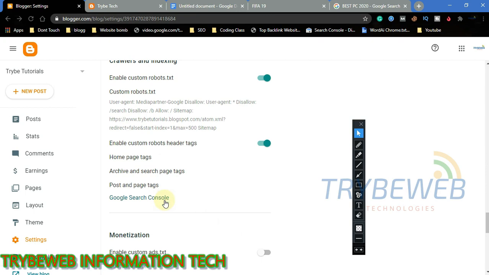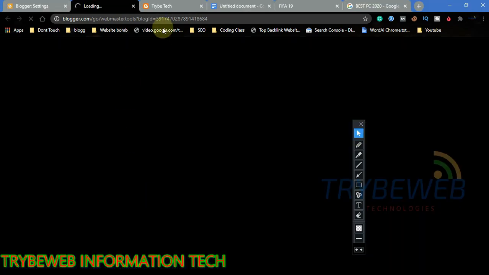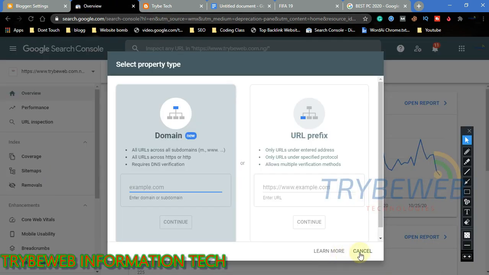Okay, so now going further, the next part is Google Search Console. You need to turn on, activate Google Search Console. So if you don't have a Google Search Console account, click on it, you'll be taken to Google Search Console. So you have to give it, sorry, my internet is quite slow. So yes, you activate Google Search Console. So now you have to put in your domain name.